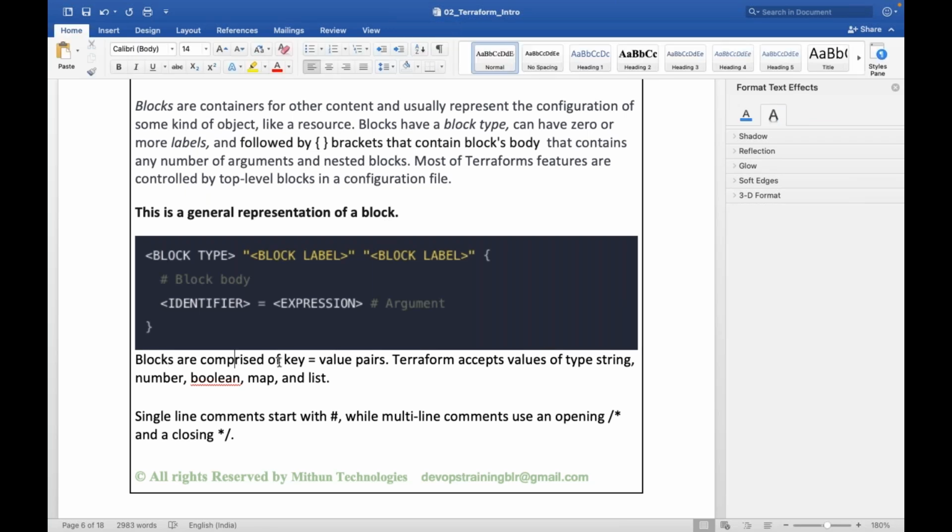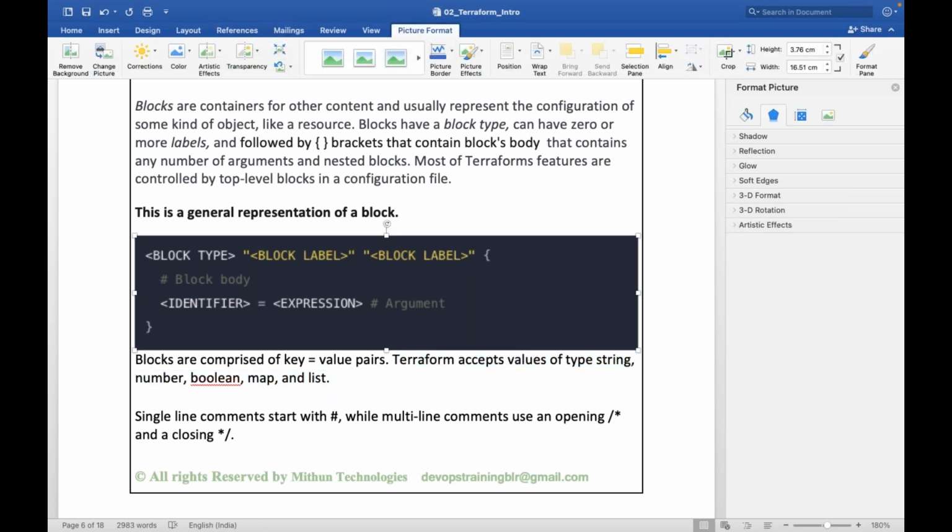Blocks consist of key value pairs. Terraform will accept any type of value, like a string, number, boolean, map or list. In block arguments, it can accept strings, numbers, maps or lists. And if you need to comment something in a Terraform configuration, for single line comments you can use the hash character.